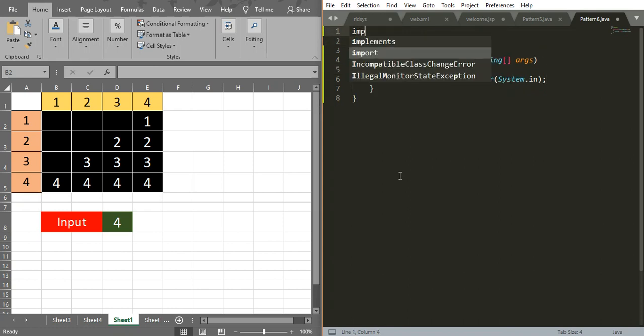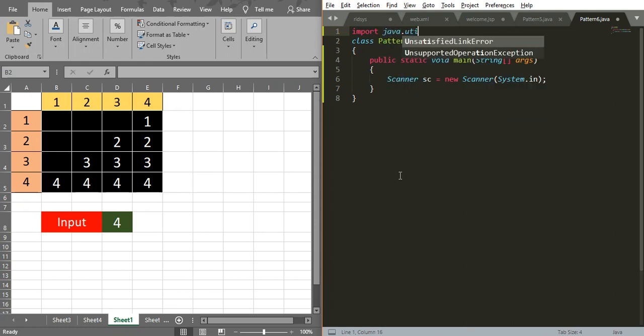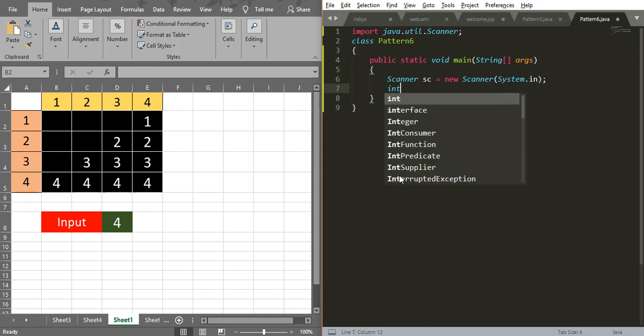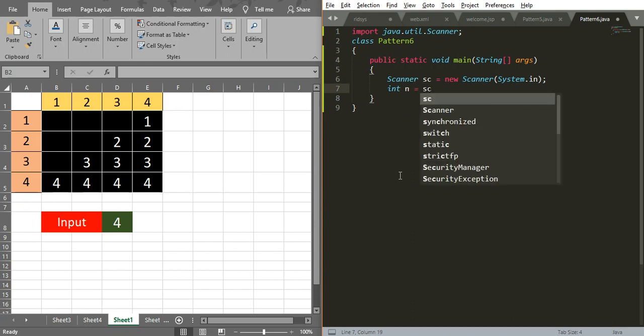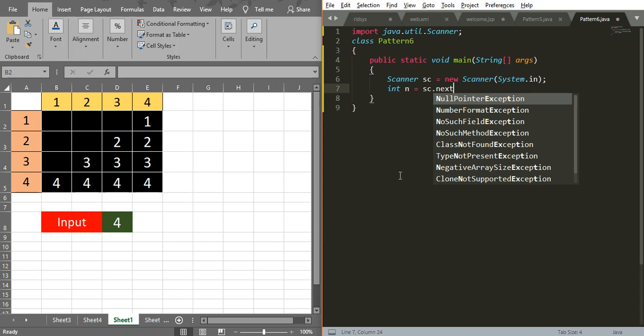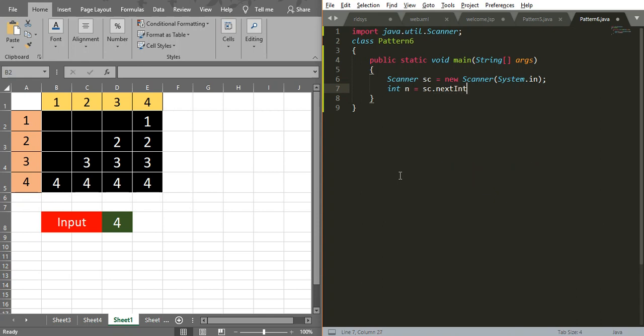So import java.util.Scanner. I'm getting the input, int n equal to scanner object dot nextInt, right?